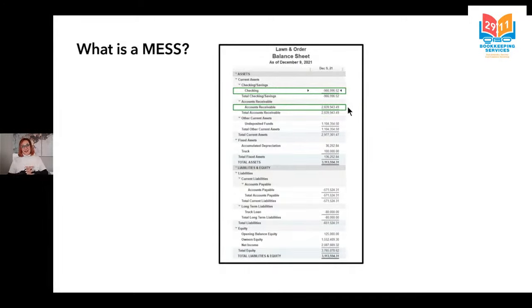That is also an indicator of a mess. That might tell us that maybe our sales transactions are being recorded incorrectly. And maybe we should take a look further into this account and figure out why this balance is so high. Maybe our customers don't actually owe us $2.8 million in the real world.